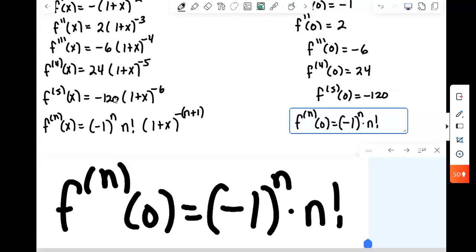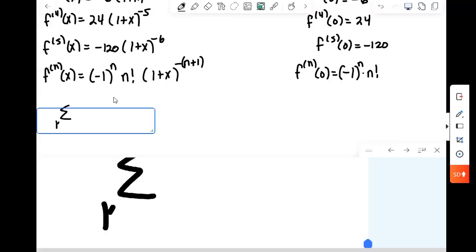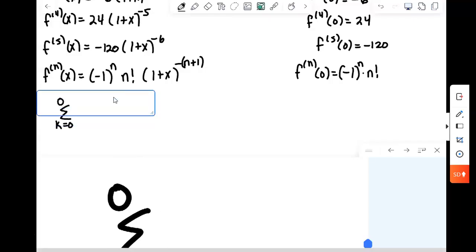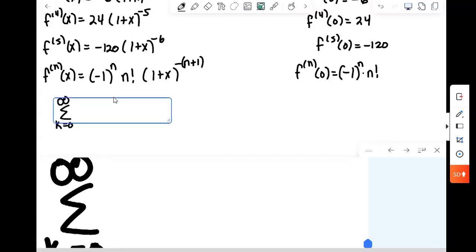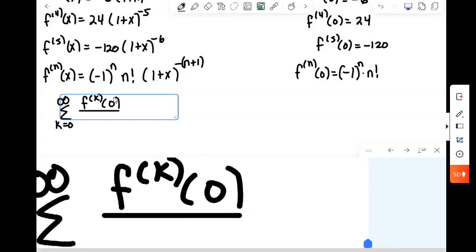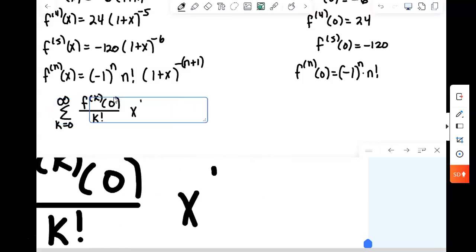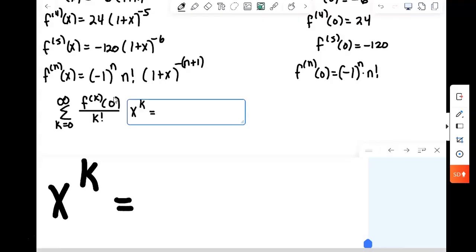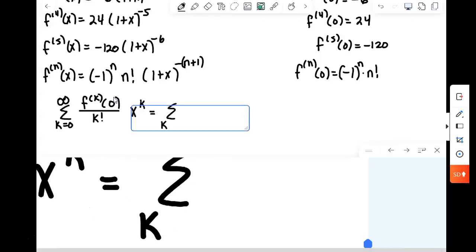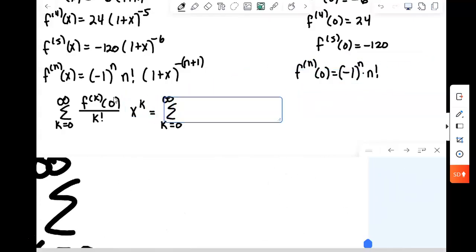n factorial. And then we go to our Taylor series. Right, the Taylor series says the approximation is the sum as k goes from 0 to infinity of the kth derivative, evaluated in our case at 0, over k factorial x to the k. So in our case, we'd have sum as k goes from 0 to infinity of minus